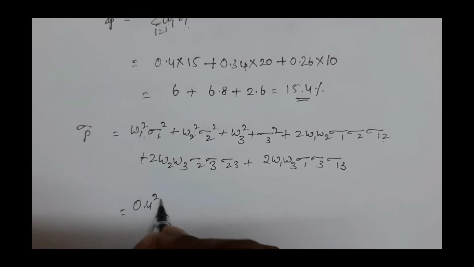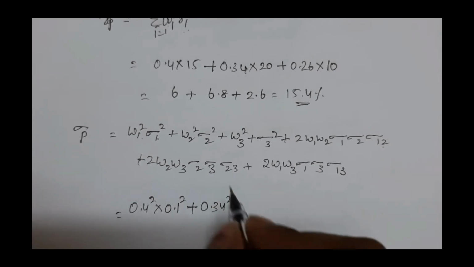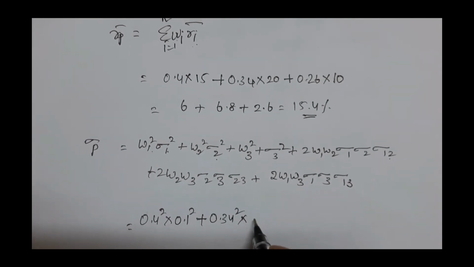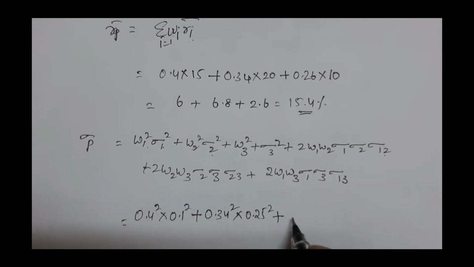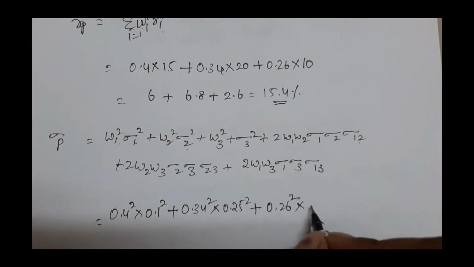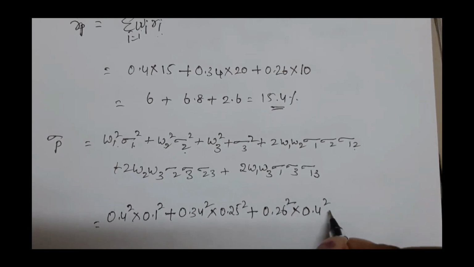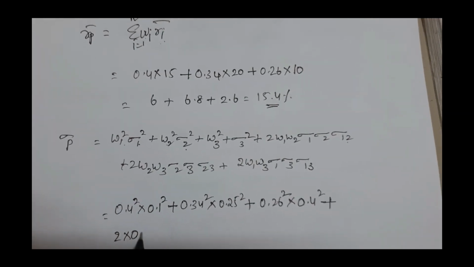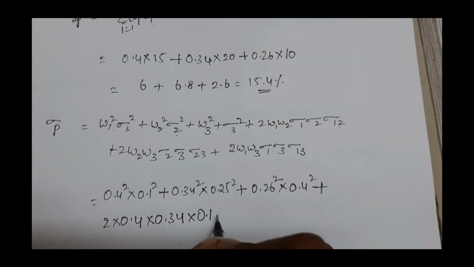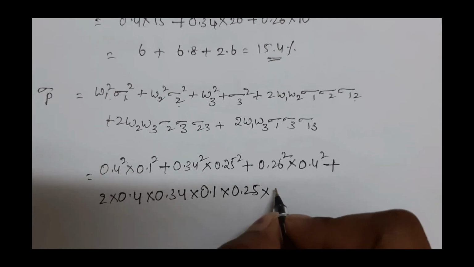So 0.4 square into 0.1 square, plus 0.34 square, that is W2 square, the weight of the second security, into the standard deviation of the second security, 0.25 square, plus 0.26 square, that is the weight of the third security, into the standard deviation of the third security, 0.4 square, plus 2 into 0.4 (W1) into 0.34 (W2), standard deviation of 1 is 0.1, standard deviation of 2 is 0.25, into the covariance of 1 and 2, that is 0.1,